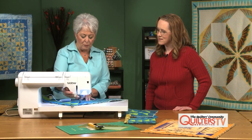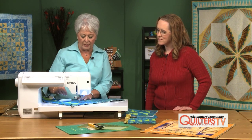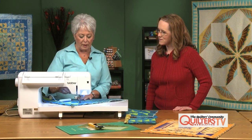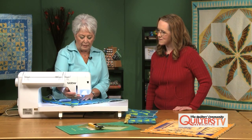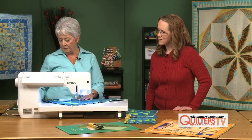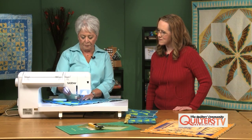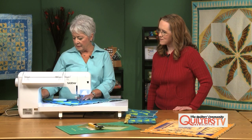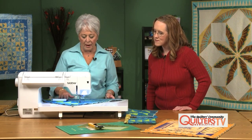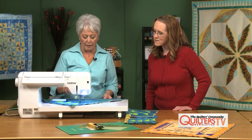So now I kind of have a guide for when I'm working. I can actually move my fabric, and the laser is shining on the stitching as it is now. I can move it further over to the right if I'd like as well. But let's say I'm going to start my stitching, and I'm going to lower my cursor, select my stitch, say OK, I like that position for the laser, and then close this out and start sewing with my foot attached. And so now I have the laser guide on that stitching, if you will,